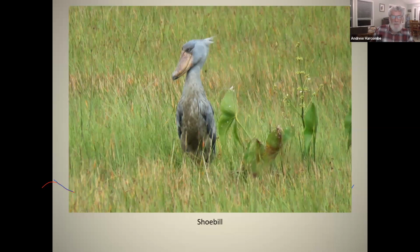Well, this time in Uganda, on our last afternoon, we're driving down the highway, heading towards the airport, going through these extensive wetlands around Lake Victoria. And my cousin's wife said, "Do you ever see shoebills around here?" And our guide said, "Well, sometimes." So we pulled over to the side of the road. He got out of the vehicle, hopped up onto the hood, and started looking around. Then he hopped back down with a big smile on his face, came back into our vehicle,